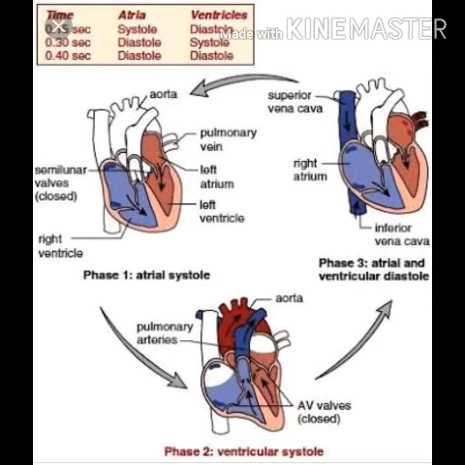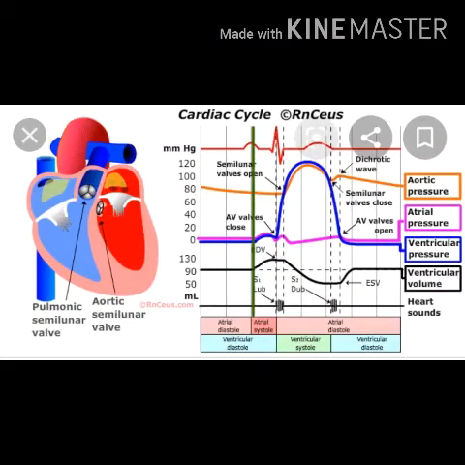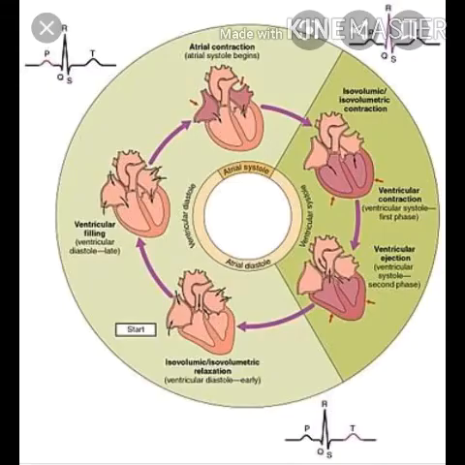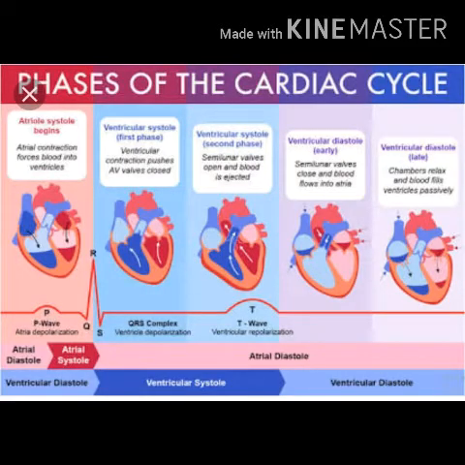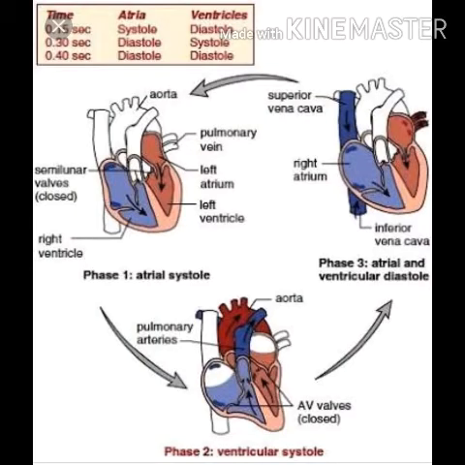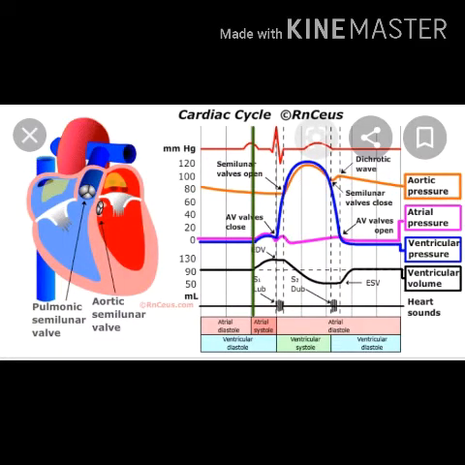Now move on to another topic, that is, what is meant by the cardiac cycle. The series of events that occur in the heart in a complete heartbeat is called the cardiac cycle. It consists of alternate contraction, that is systole, and relaxation, that is diastole, of the heart muscle. If we see the different events that take place during the cardiac cycle, the first one starts with the